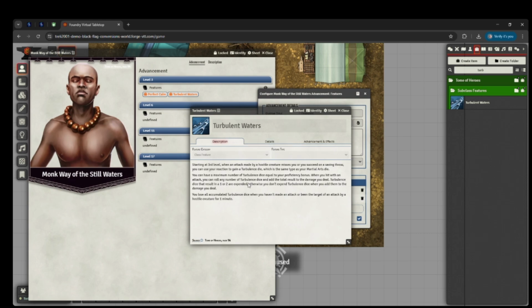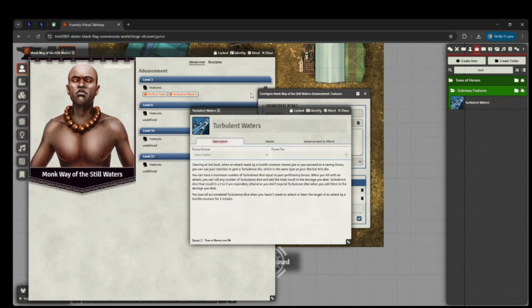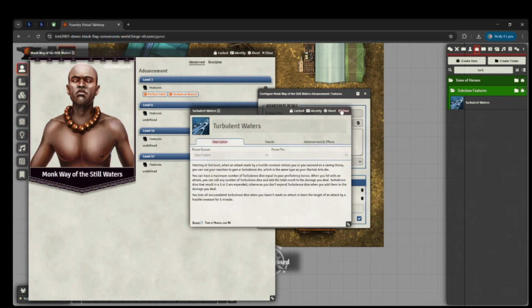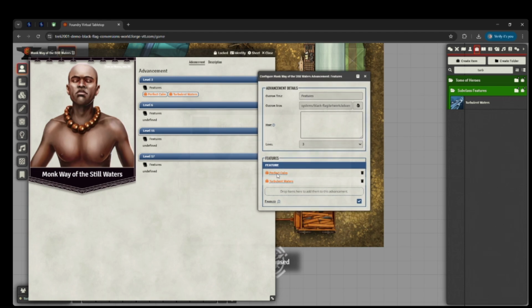I'm still struggling with making it work because it's getting into the weeds with creating activities on this, and I'm not going to go into that. But Perfect Calm,